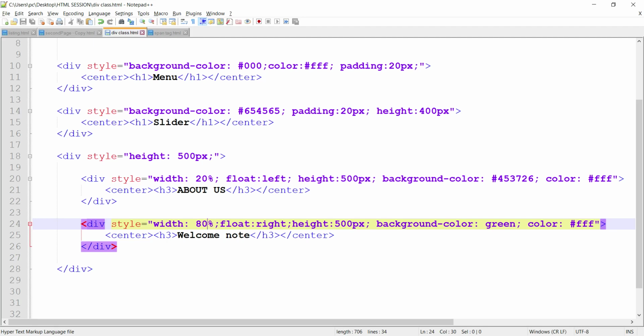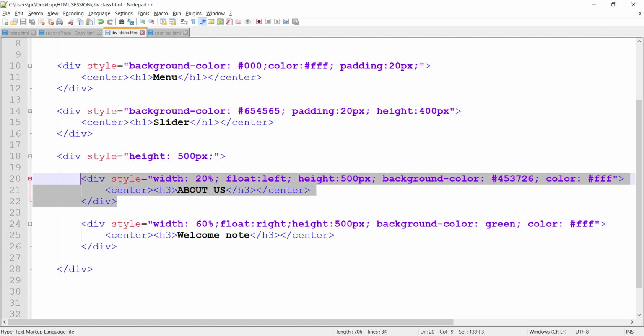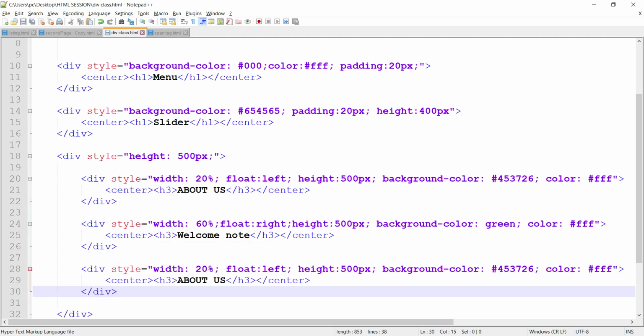Suppose I want 3 divs here. Let me give this 60, so we are left with 20%. Let me copy this 20% div and paste it here. So first is 20, second is 60, and third is 20, meaning 100%.